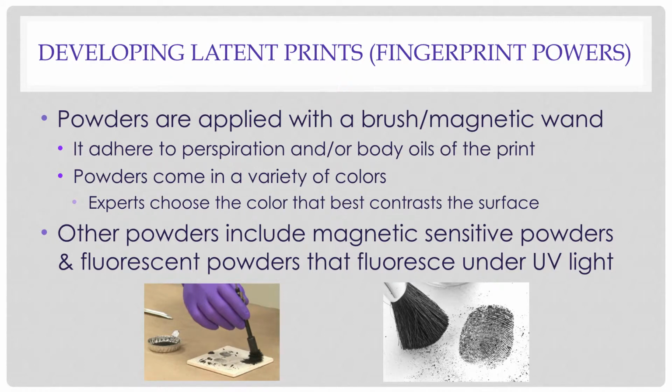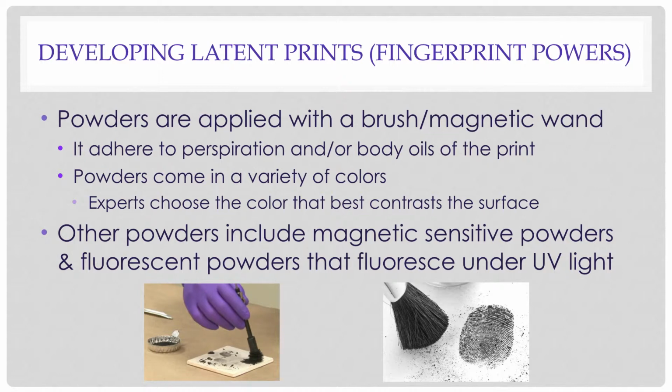So developing prints with fingerprint powders, they're applied either by a brush or what's known as a magnetic wand, depending on the powder. The powder's going to adhere to the perspiration and the body oils of the print, and then the powder is going to come in different varieties of colors. And what color they use will be based on what the color of the surface is